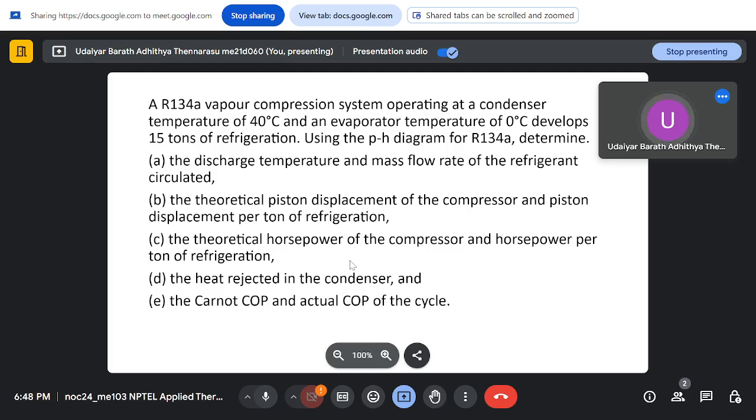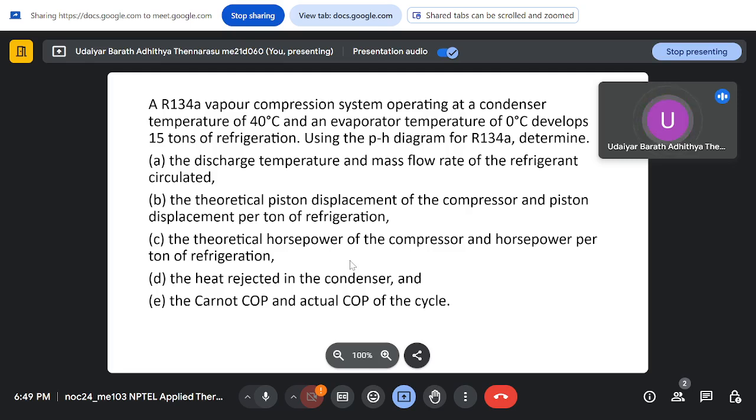So this is what is given. I'll break it into parts for it to be easier to understand. So you have a vapor compression system which is operating with R134A. The condenser temperature and evaporator temperature are given, 40 degrees Celsius and 0 degrees Celsius, and the cooling load or the cooling capacity is given as 15 tons of refrigeration. So 15 into 3.52, or 52.8 kW,